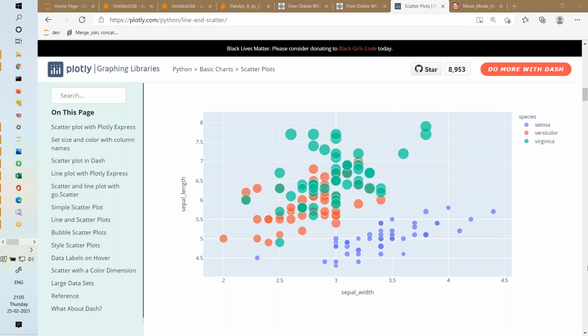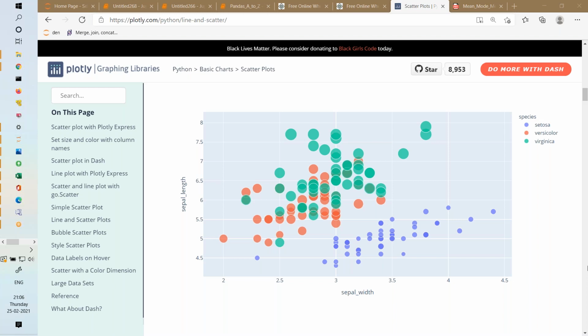So what I understand is, if I increase my sepal width, what will happen to sepal length for blue color? It will also increase, right? And it is quite strong as compared to the green one. If I see the orange one, there are some patterns, but the green one, I think it is not very strong. You can see some randomness, right? Though some relationship exists, it's not completely scattered, but it's not very strong like blue. Are you getting it? Sometimes if I increase sepal width, sepal length is not increasing, but most of the time it is.